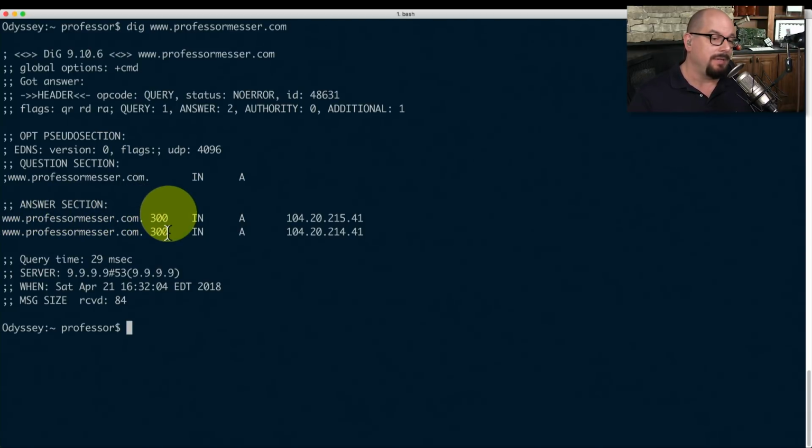www.professormesser.com has a time to live of 300 seconds before you would need to requery that particular server. This allows me to change the IP addresses behind the scenes, and everyone will be caught up in 300 seconds. And it also shows me the 2 IP addresses, and those are the same as the IP addresses we saw earlier. And then there's a summary of the query and exactly when the query was performed and how long it